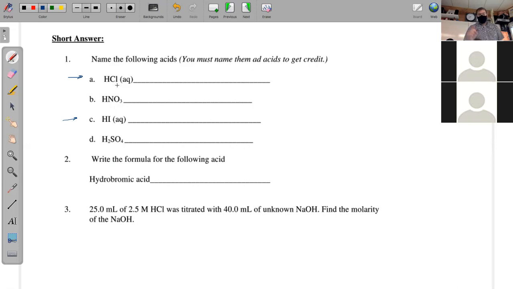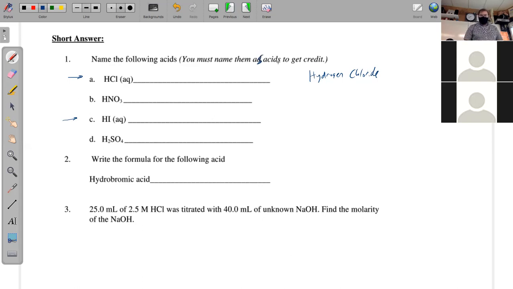HCl, if it's not an acid, you would call it hydrogen chloride. And this compound, when it's not in solution, turns out to be a gas called hydrogen chloride. But as an acid,